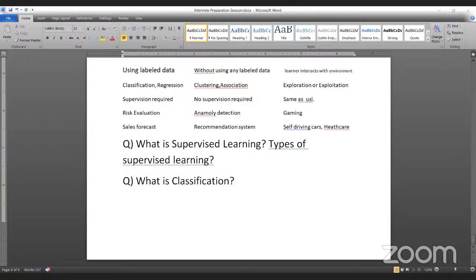Now, if we want to give some examples of classification, we have KNN, SVM, which can be used for both, Naive Bayes, decision tree, again, this can be used for both, random forest, again, this can be used for both, and we have logistic regression, which is classification. Okay, so coming to the next one,